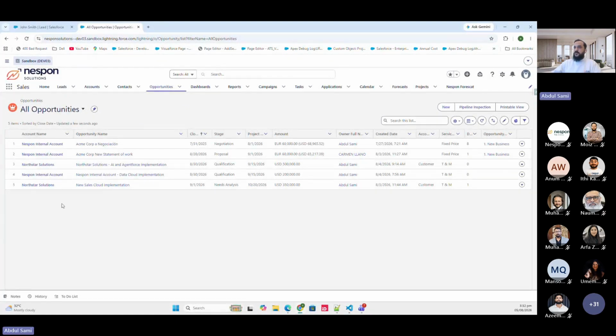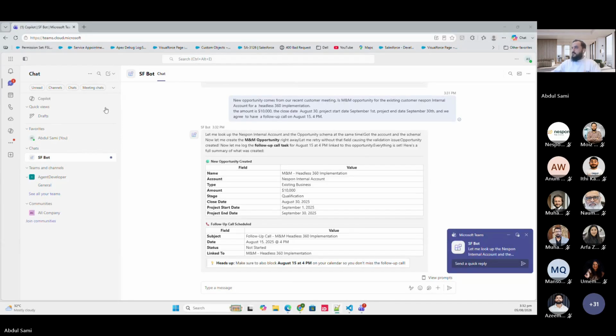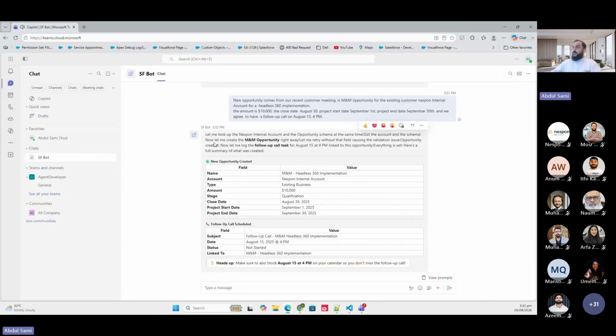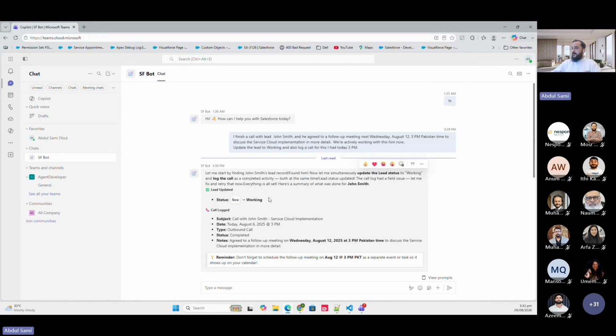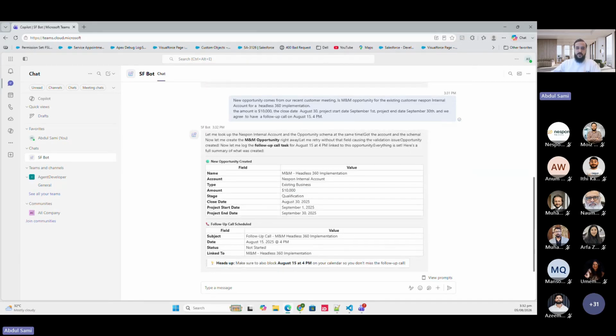Currently, we don't have any opportunity for that. Here we go. So it actually created the new opportunity as per the bot, with this information, and it is also showing me that the follow-up has been scheduled as well. So we just updated the lead with one prompt, and we created the new opportunity with one prompt. Also, we can create the case as well if needed. Let me just